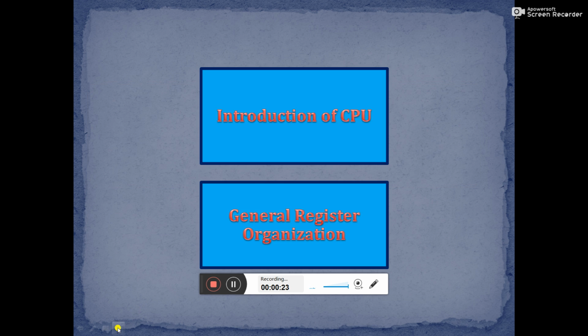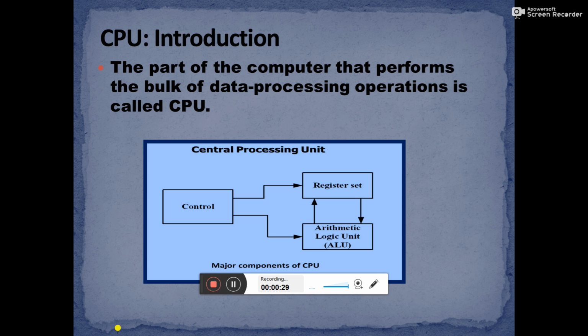Before going to General Register Organization, let us see the introduction of the CPU. The CPU is the main part of the computer that performs the bulk of data processing operations. The CPU is made up of three major parts: register set, arithmetic logic unit, and control unit.